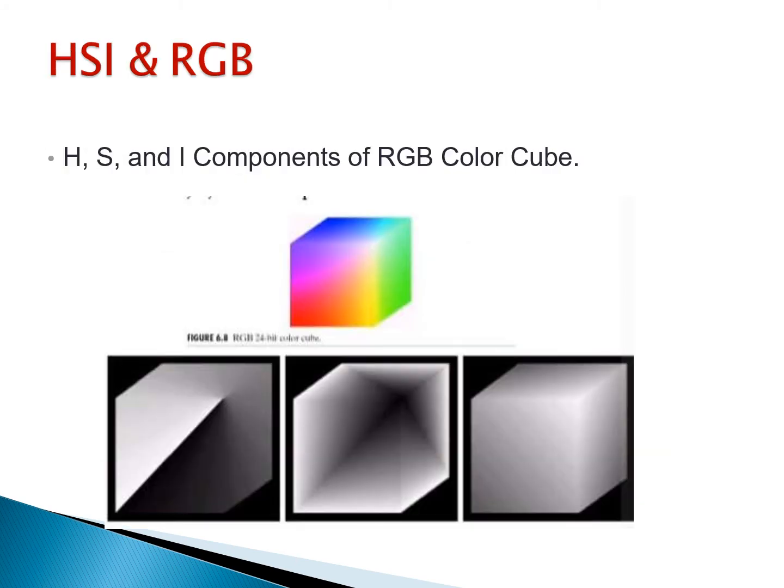In this particular picture, we are seeing the hue, saturation and the intensity images for the RGB values we have seen in the previous case. In picture A, it is a hue image. The distinguishing feature is its discontinuity in value along a 45 degree line in the red plane of the cube. To understand the reason for this discontinuity, when we draw a line from the red to the white vertices of the cube, we can select a point in the middle of this line, and we are referring to one particular color.